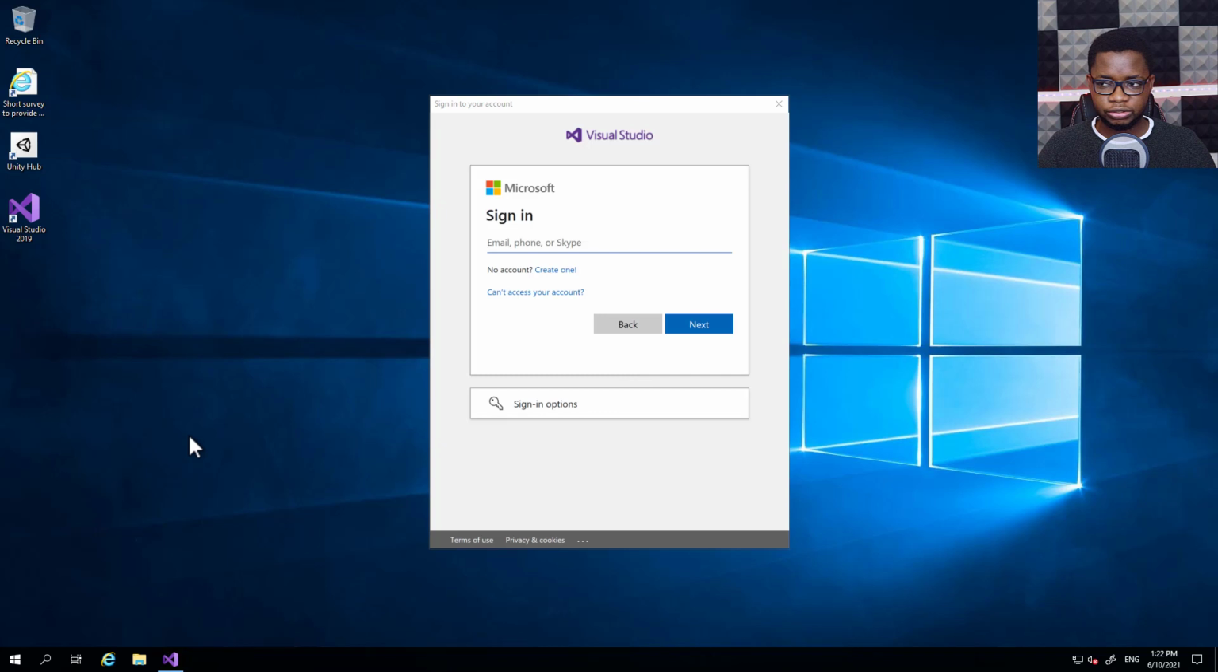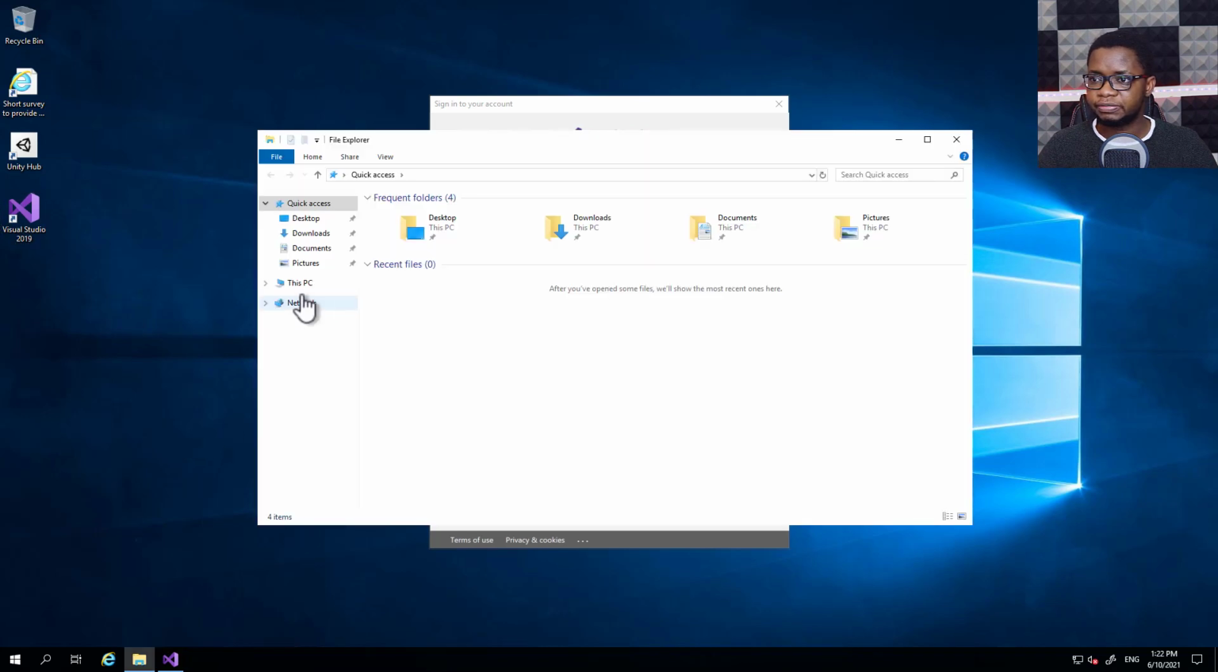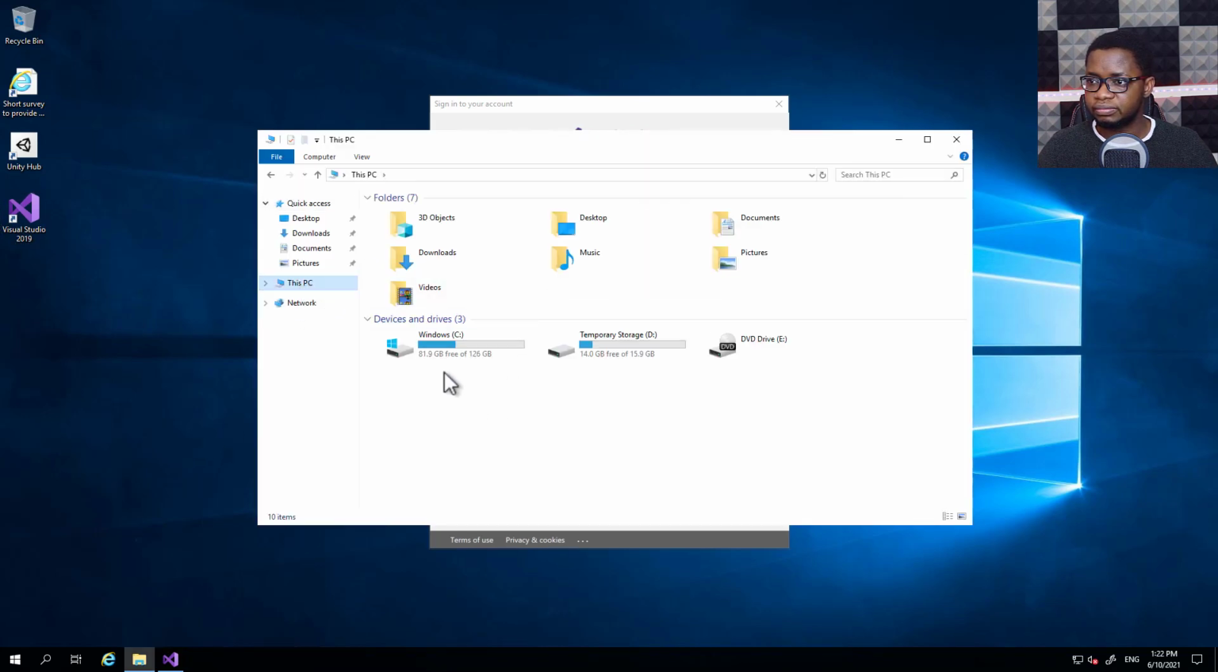Let me actually check out some other properties of this thing. This PC, I have about 8 GB of space, which is way more than I have on my current machine right now. So